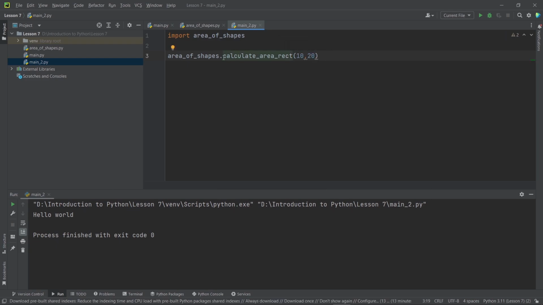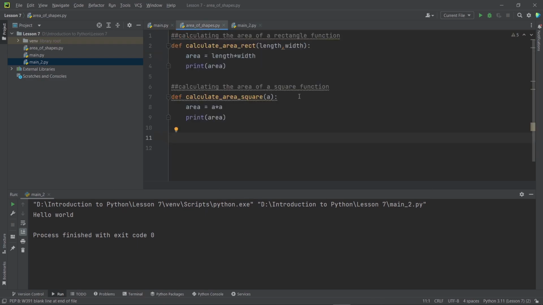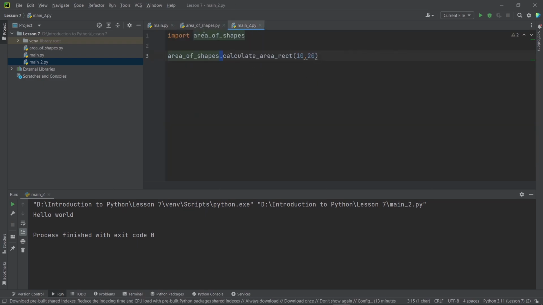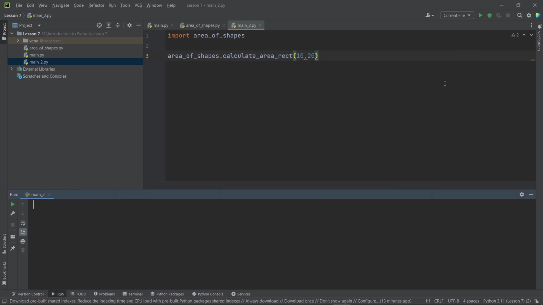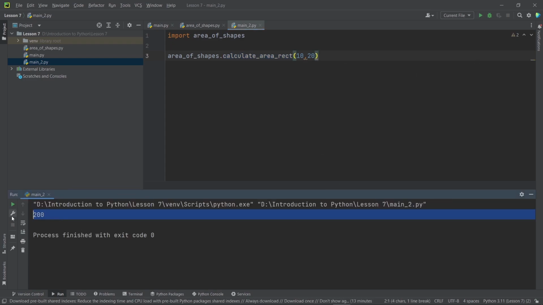If you're wondering why we've got dot calculate area rect, that is simply because we are dialing into the script, which is area of shapes, dot call the function name. This is quite important. And I'll clear my console over here, run the script, and we can see that